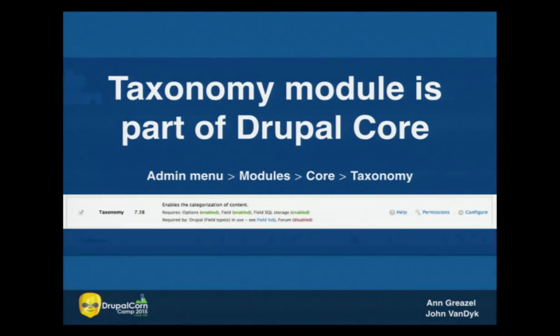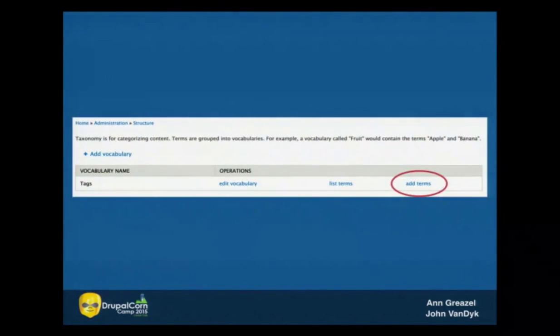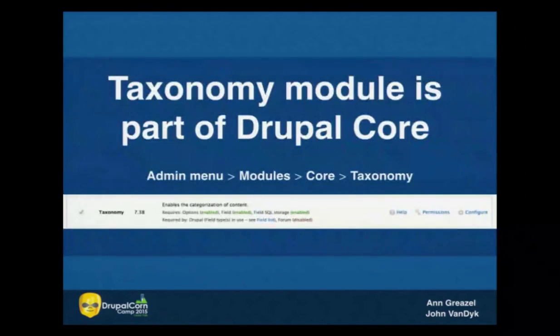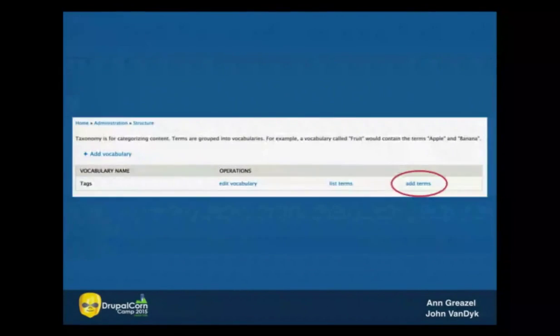So the next step is to actually, I'm going to go back a second, click that configure button. All the way to the right, you'll see a button that's called configure. And when you click configure, you're going to get to another screen where you can add terms.